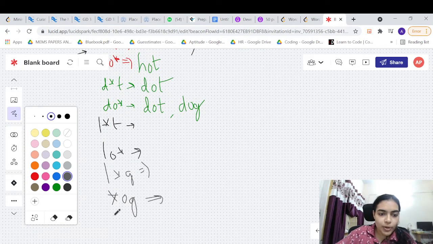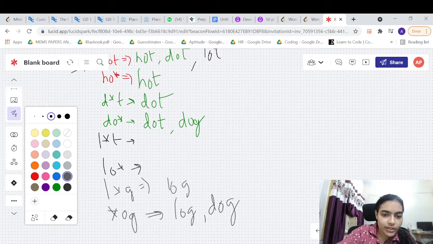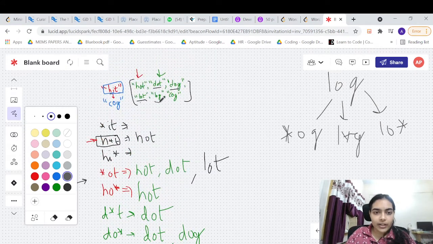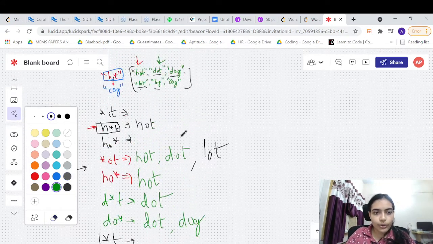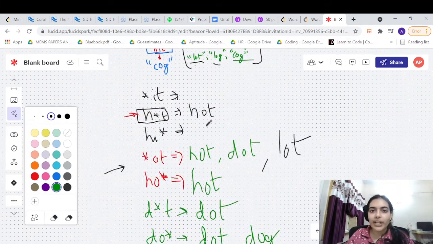So corresponding to these possible transformations, you can store log, you can store dog, and so on. You can store cog here. So this is basically why we are doing these possible transformations. Similarly you can do for cog also, but basically the idea is simple, right? Now we are going to perform breadth first search on this.